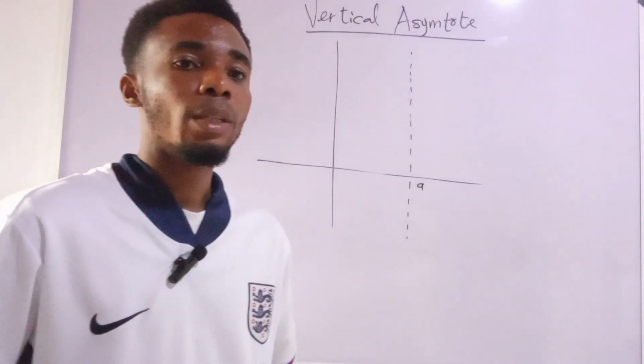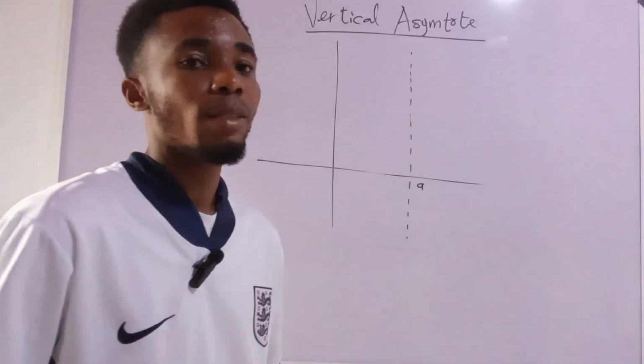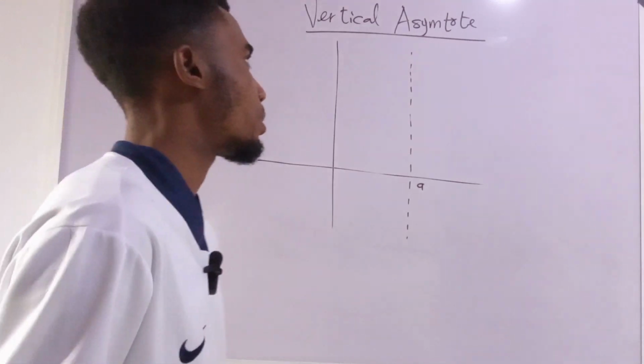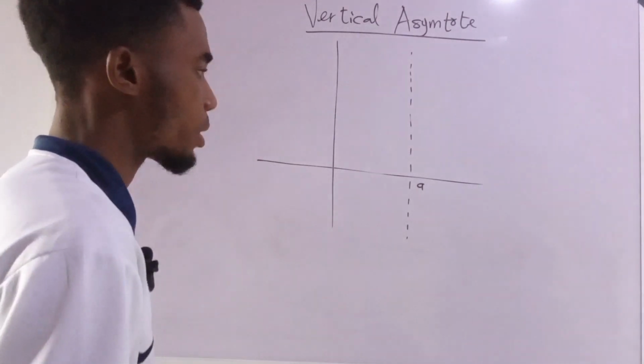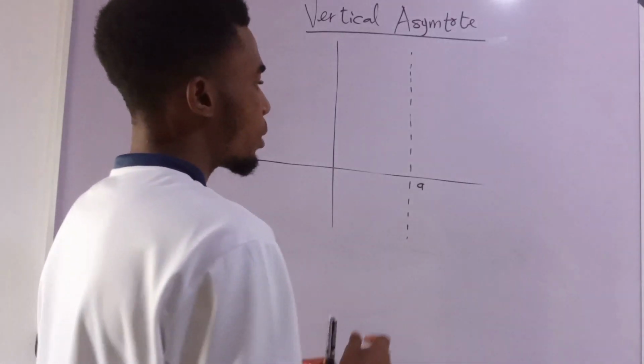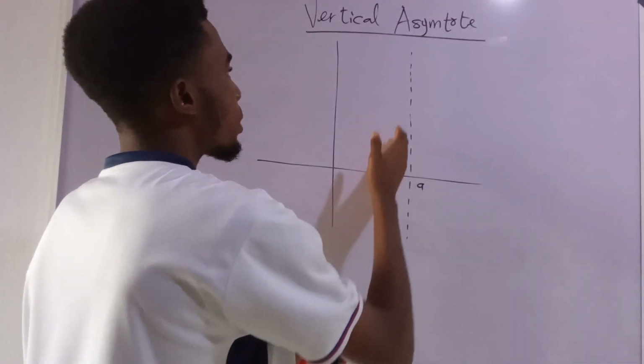Today we're going to be looking at the term vertical asymptotes. So what are vertical asymptotes in mathematics? A vertical asymptote is a vertical line where the limit of a function converges at either positive infinity